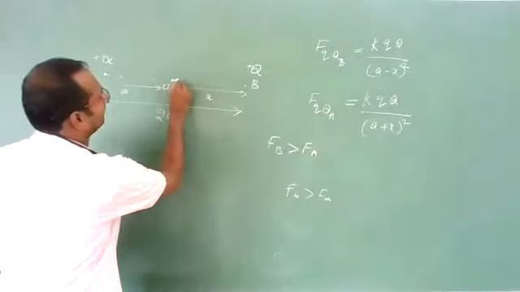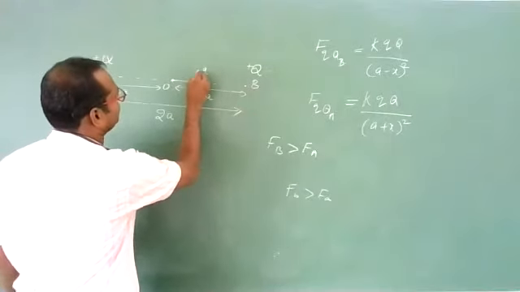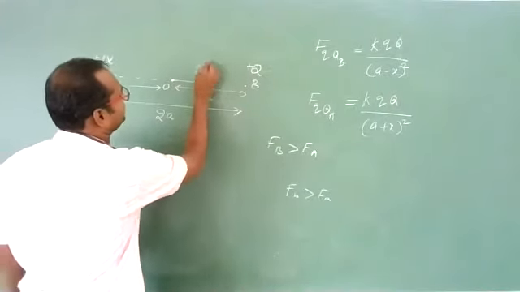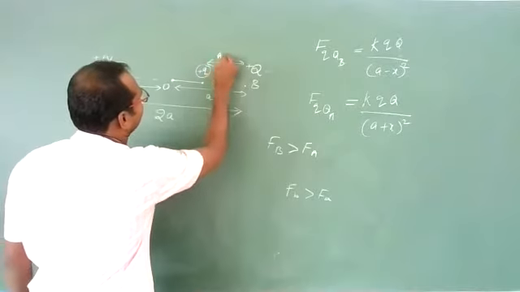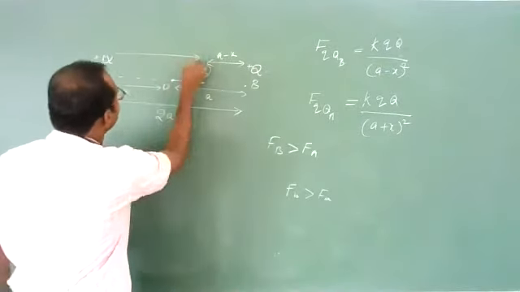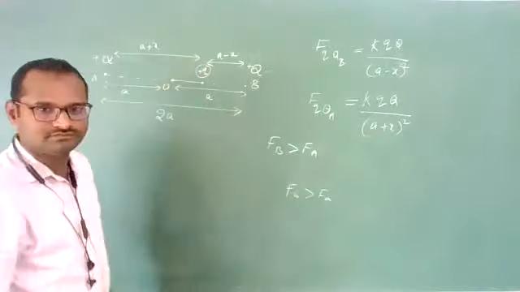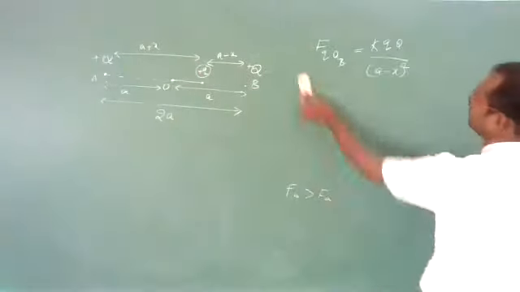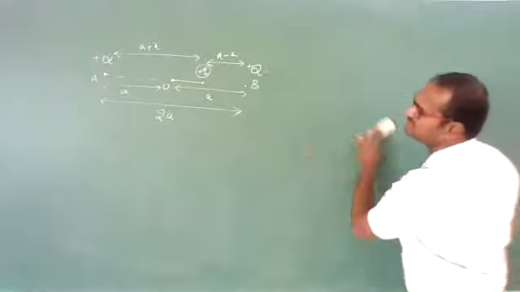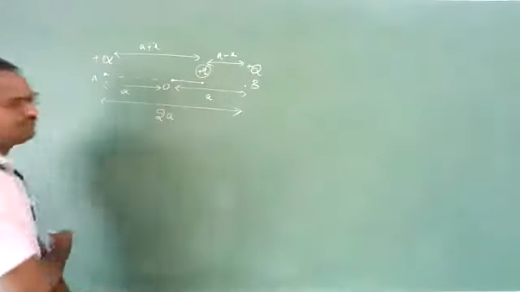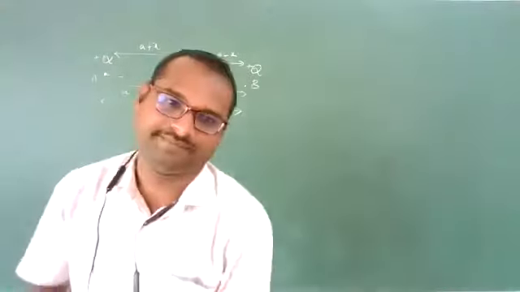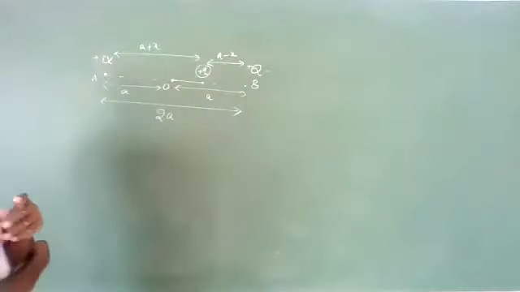See, now the charge came here, between the two positive charges. This distance is how much? A minus x. This distance is how much? A plus x. It is in stable equilibrium now. Clear? It is in stable equilibrium, means it will perform SHM, and if it performs SHM, we need to find its time period. Yes, I am going to find the time period now.